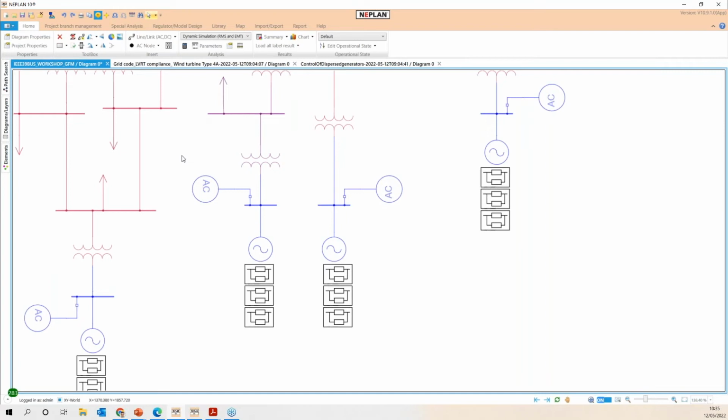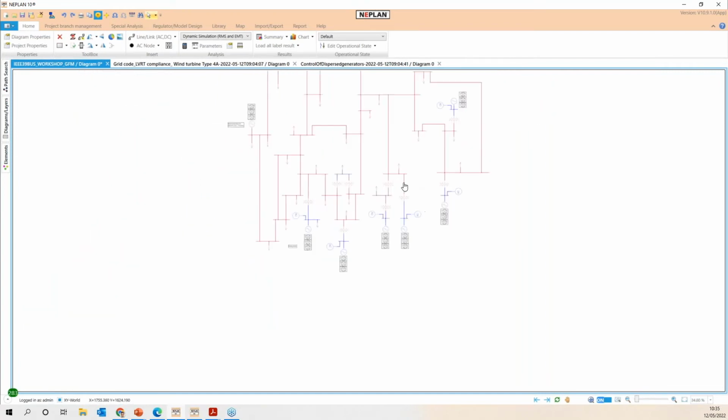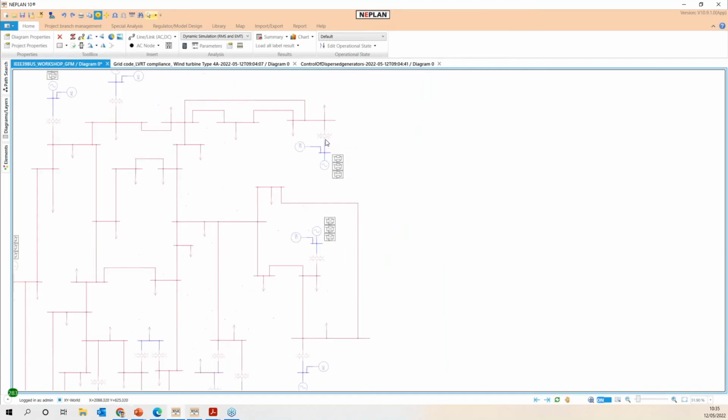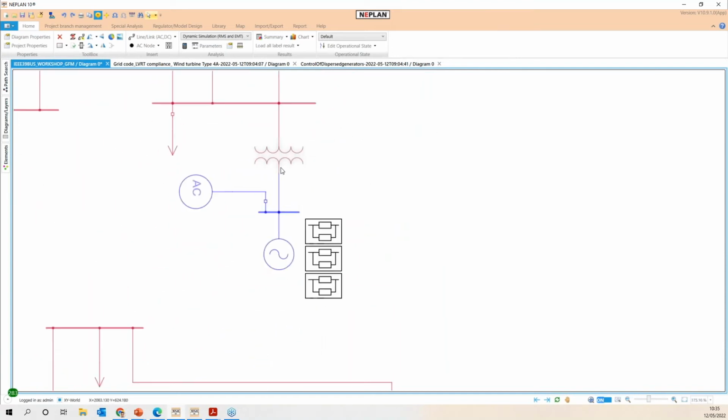Let's talk about the dynamic simulation for this example. As we can see, the IEEE 39 bus is presented here. Initially, I will create the model with the synchronous machine generator, and I will validate the impact of the control system.